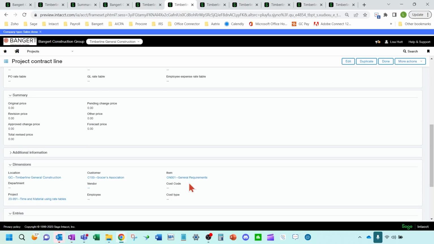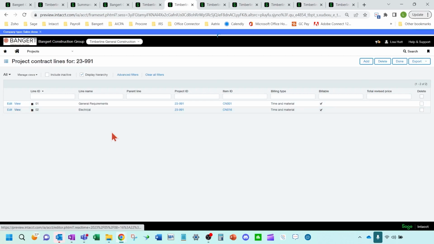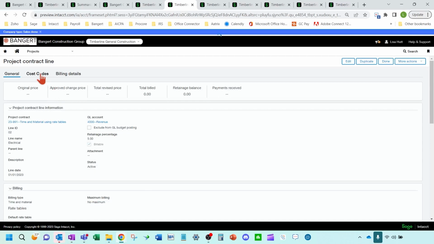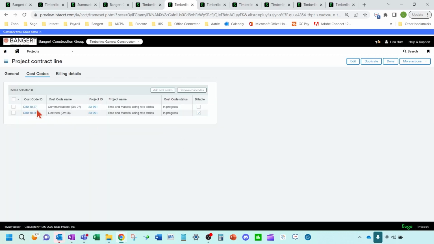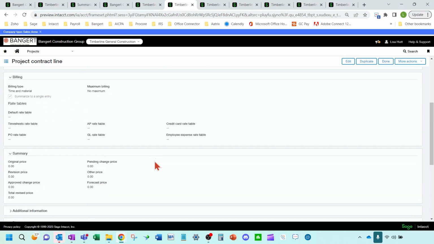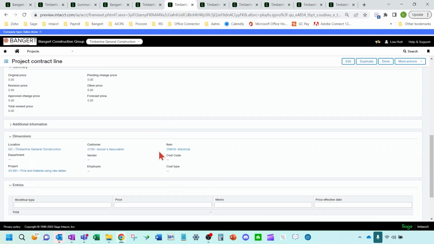Now I'm going to look at the other line. Same premise here. I've got a couple cost codes right here that if I code two separate bills from two separate vendors to those cost codes, it's going to summarize on my bill to my customer based on this item I've set down here.